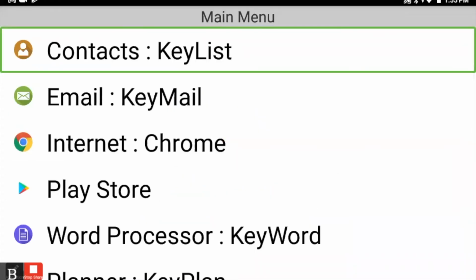You heard it say contacts, key list. And I happen to know that is the very top option on my main menu. So I am indeed back to the top of my main menu. All right, now I should mention this while we're on the little circle button, and somebody might accidentally do this,